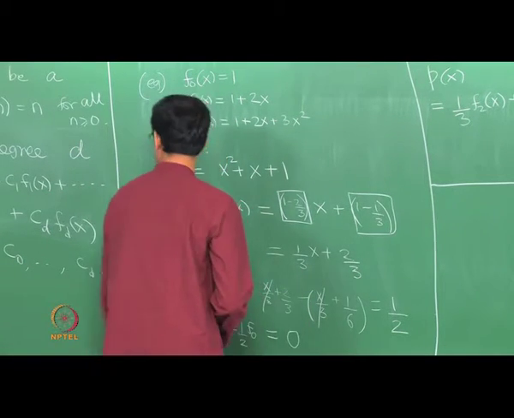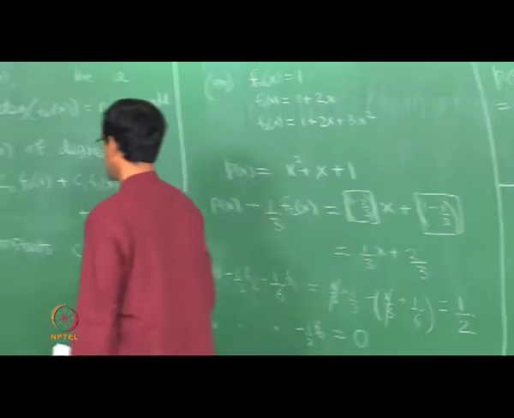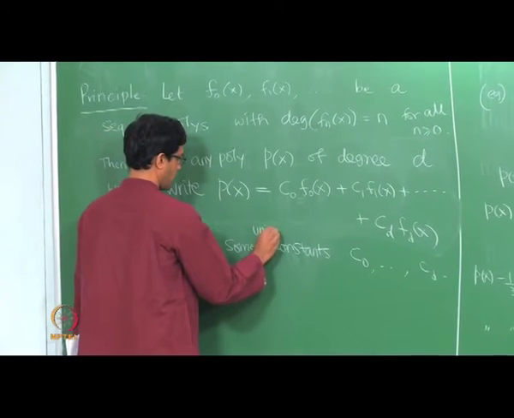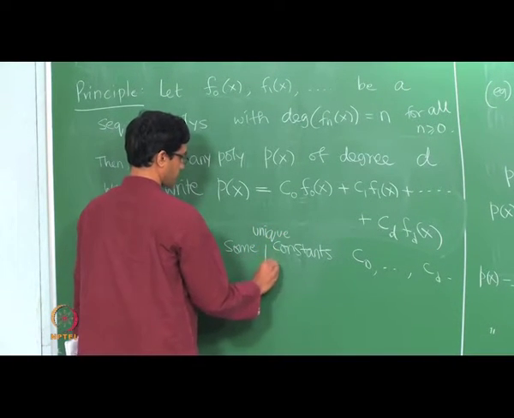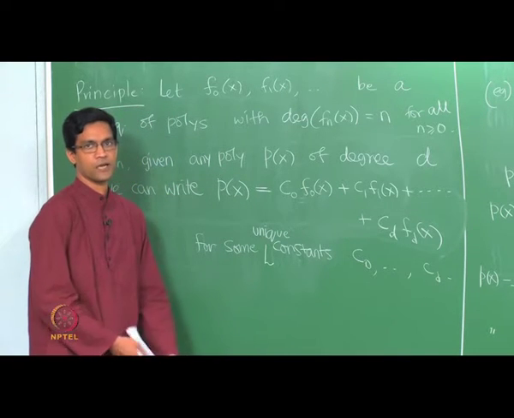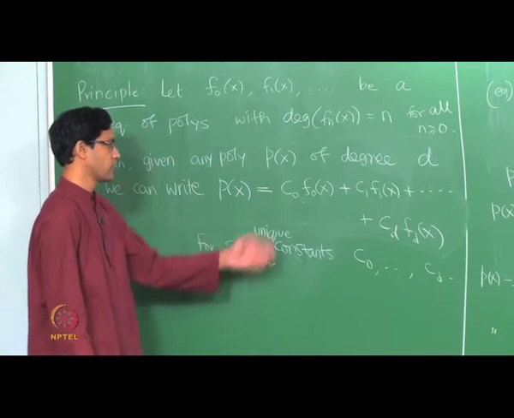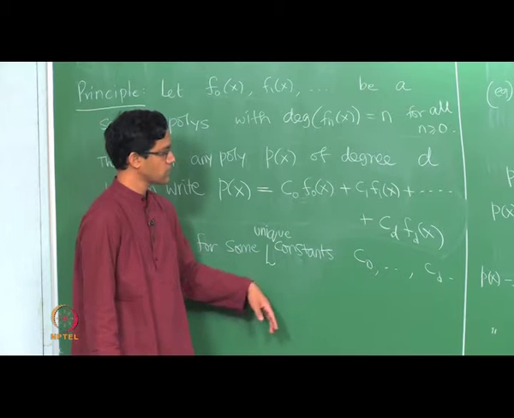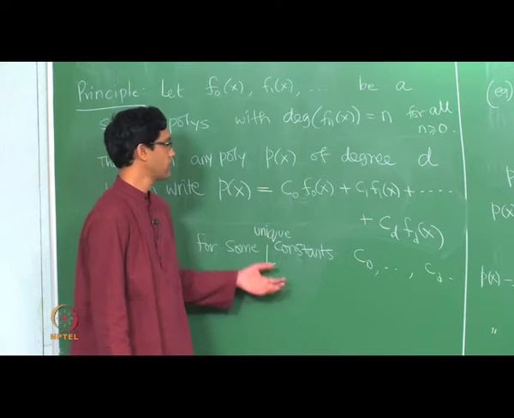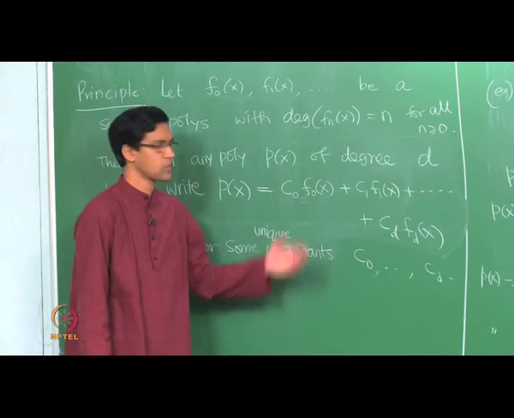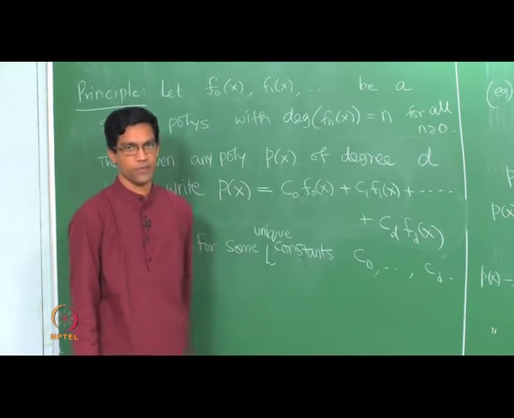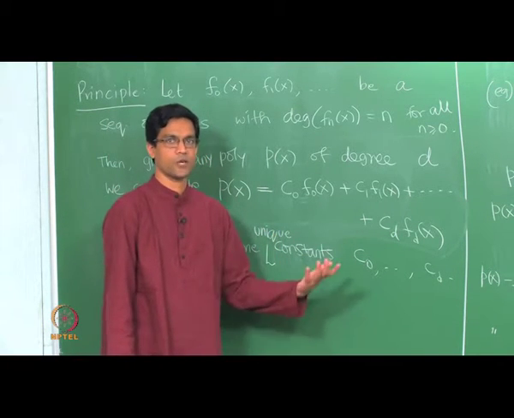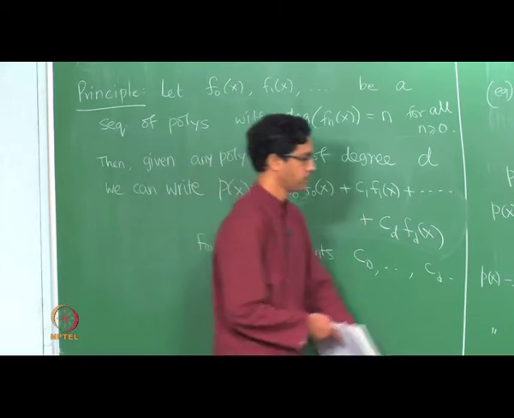So that's an important principle. The other important thing here is that these constants are really unique. I should also say one further thing, for some unique constants C0, C1, C2 till Cd. So there are no two ways of doing this. If you attempt to write p as a combination in some other way, the constants you get in the new way of writing must actually be the same as the constants you get in the original way. And in fact this proof also shows the same thing. This is something that I would like you to think about. Just try and figure out why these constants are really unique, try and give a formal proof.